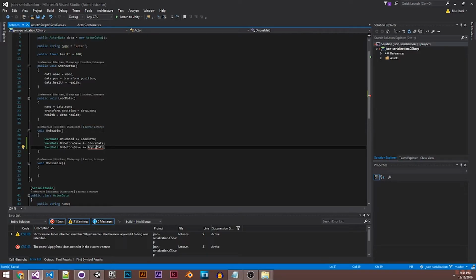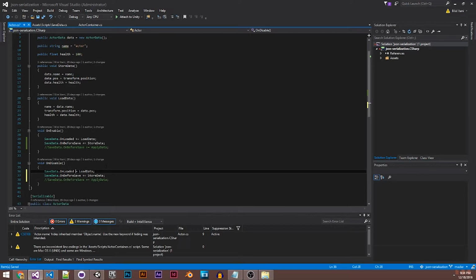Speaking of which, we're going to write this function later, so I'll just leave it commented out really quickly. And the other thing I want to do is we need to onDisable, remove these from the events,